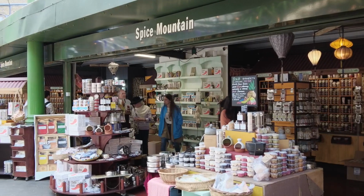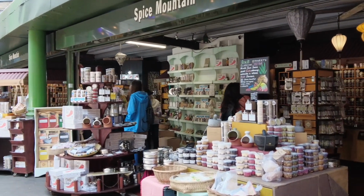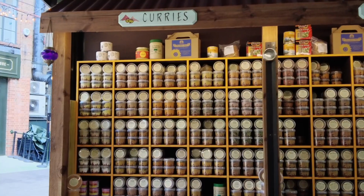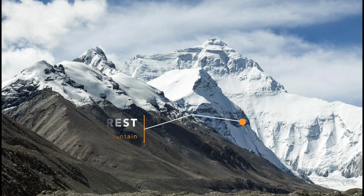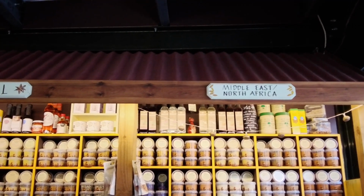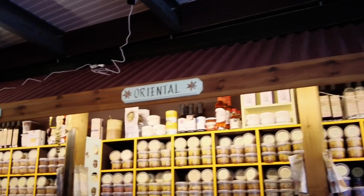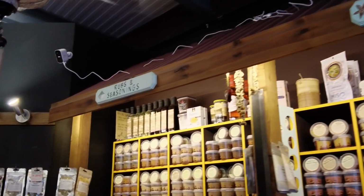Here is the Spice Mountain, and it literally looks like a spice mountain. It has probably a mountain's worth of spice here. If I had to name a mountain, it looks like probably Mount Everest amount of spice. They have spices from the Middle East, North Africa, Oriental. They have rubs and seasonings, baking spices, aromatic spices. Your cupboard essentials, which is probably like,